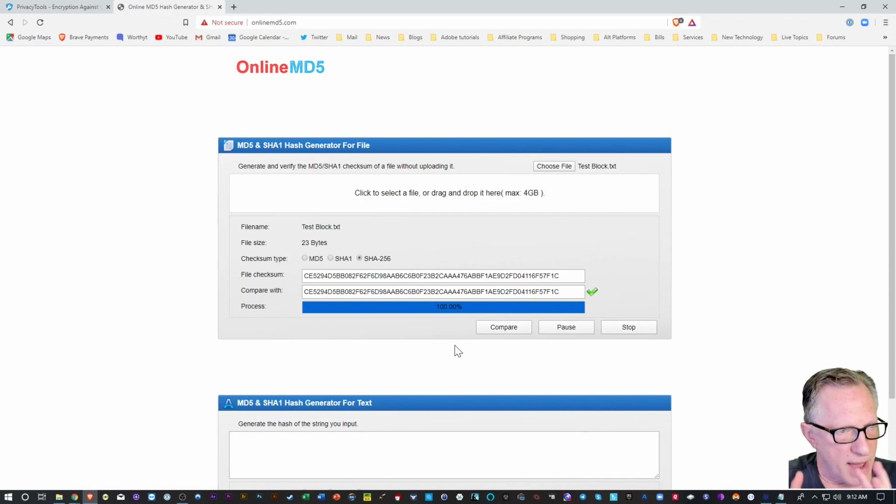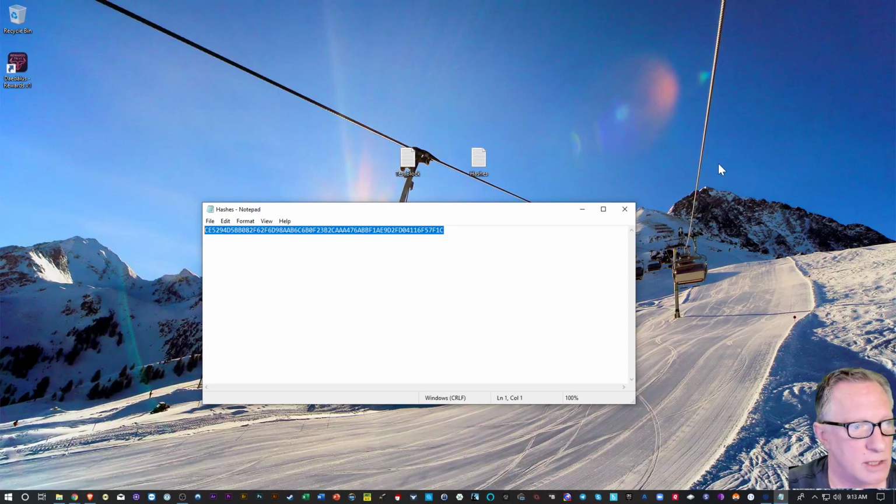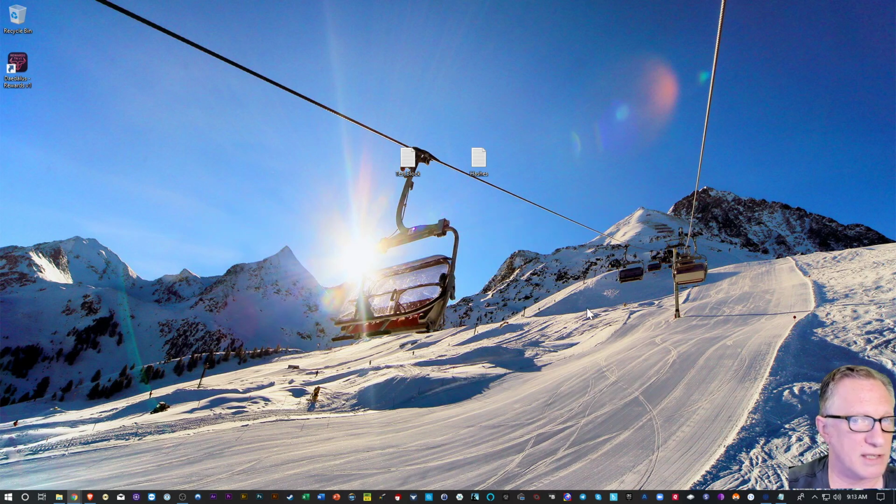So this mathematical transformation that generates SHAs is a set algorithm that doesn't change, right? It's always going to generate the exact same hash. So if I sent you my test blockchain, you could run that hash and verify that it has not changed, right? But what happens if we change it?